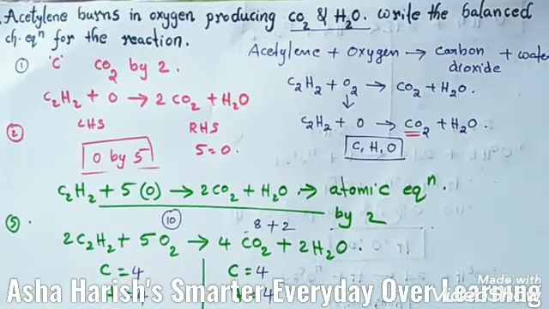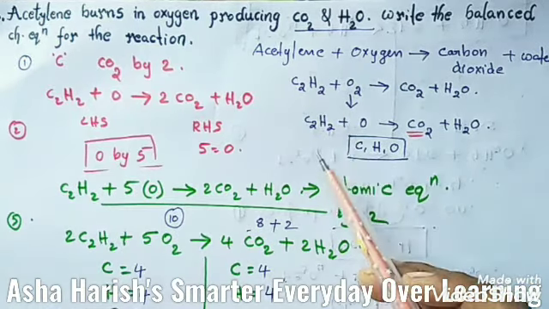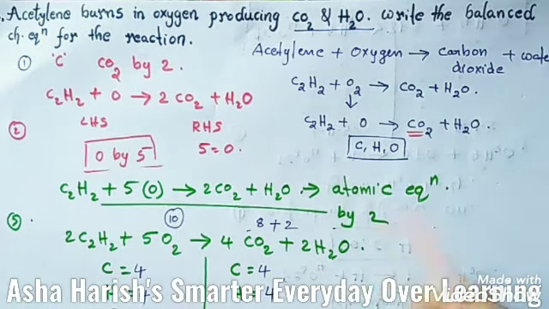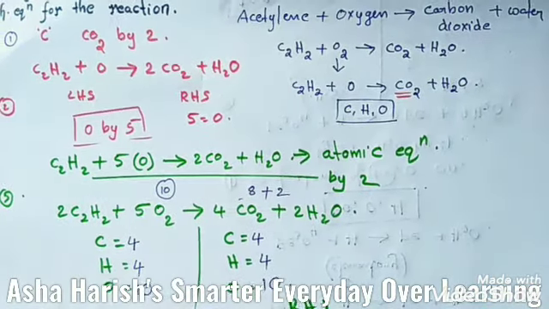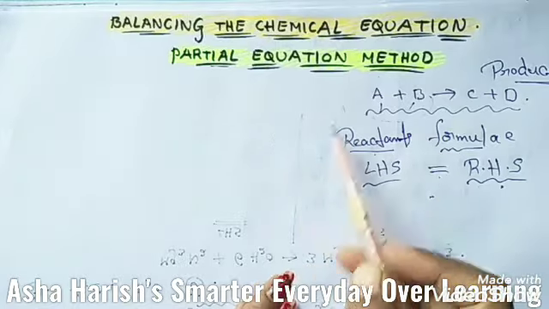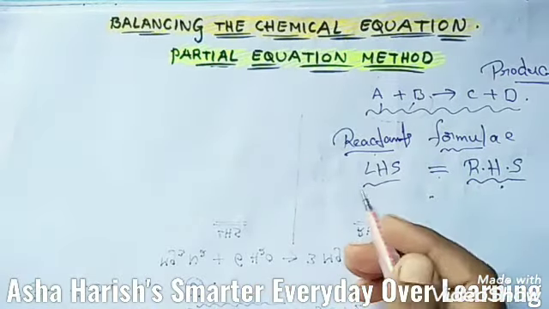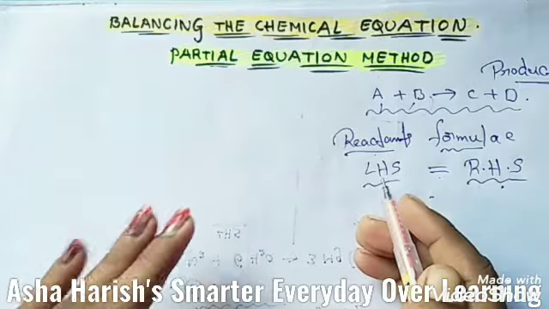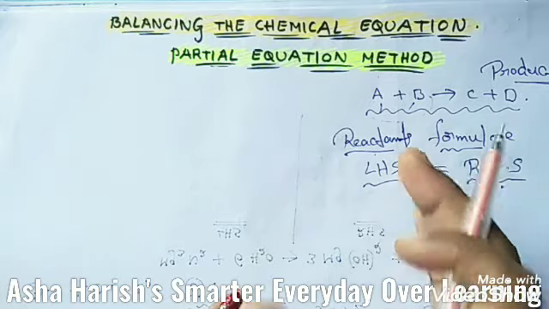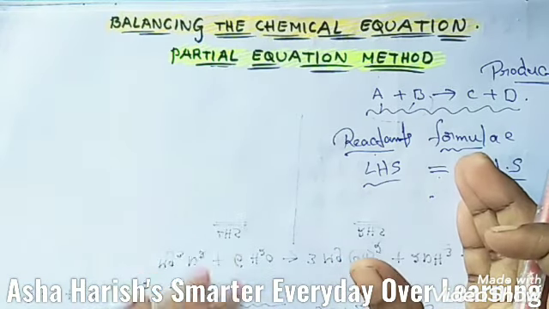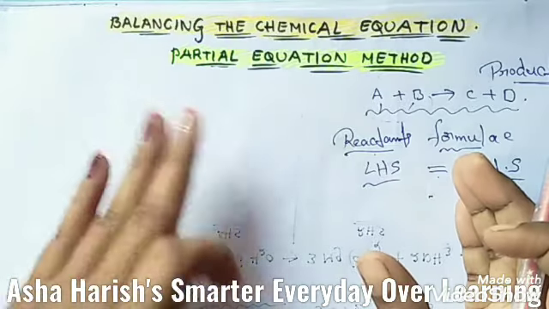Before going to start the topic, you have to see the description. I have provided all the links to that previous session, hit and trial method, where some examples we have done. After that you can see the partial equation method. First of all, the chemical reaction represented by the equation is supposed to proceed in 2 or more steps. First, the skeleton equations representing each step are written and then balanced by hit and trial method. These equations are known as partial equations.